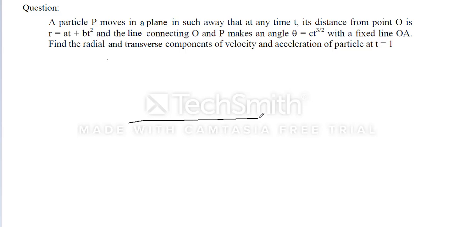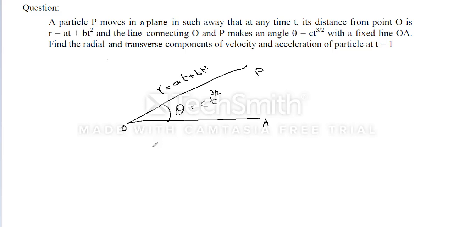Let's say we have this origin, axis, and here we have a point P. So the distance of this point P from the origin is at plus bt square, and the angle is ct power 3 by 2. So we have to find the radial and transverse component of velocity and acceleration of the particle when the time is